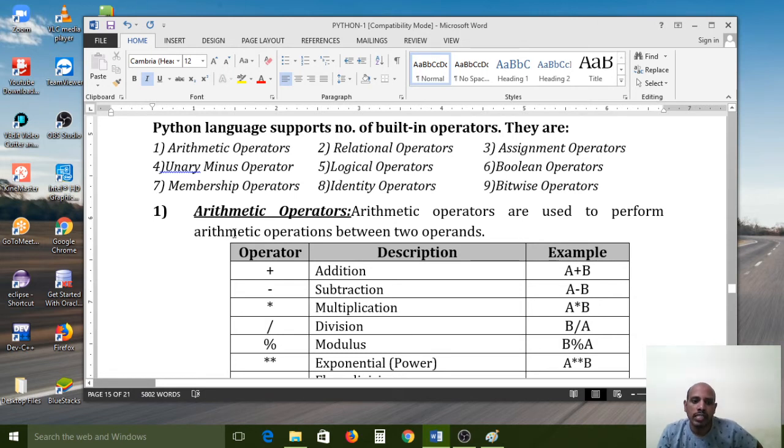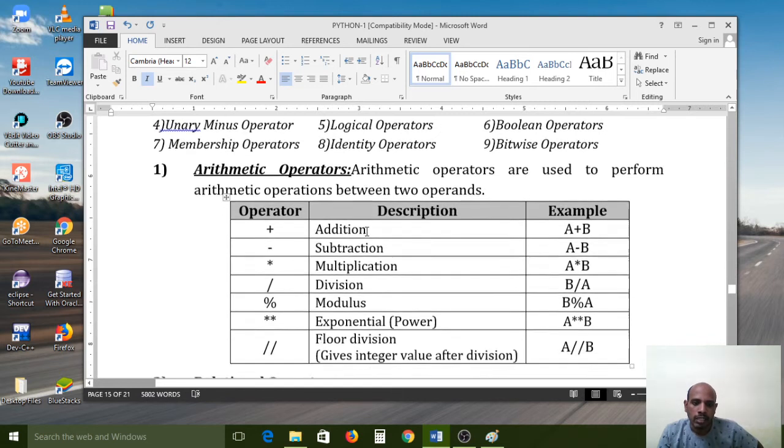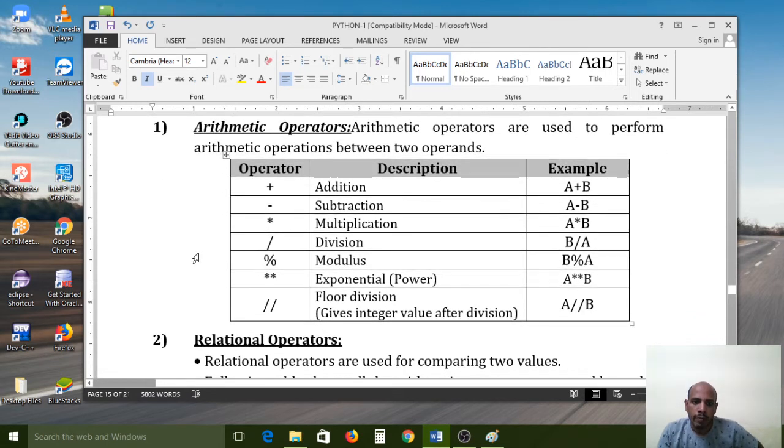The first one is arithmetic operators. Arithmetic operators are used to perform arithmetic operations between two operands. Programmatically, I will show. The first operator is addition, second subtraction, third multiplication, fourth division, fifth modulus, and sixth exponential.